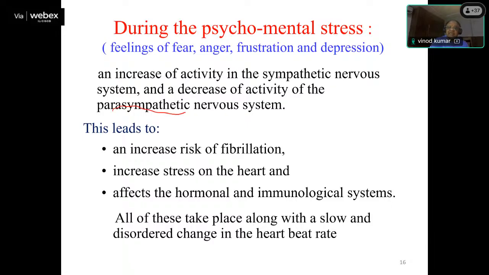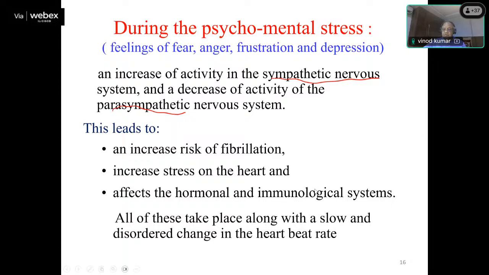That is, relaxation is less and sympathetic is more. So this leads to increased risk of fibrillation, chances of arrhythmia are more, irregular beats are more, stress level on the heart increases, it affects our hormonal and